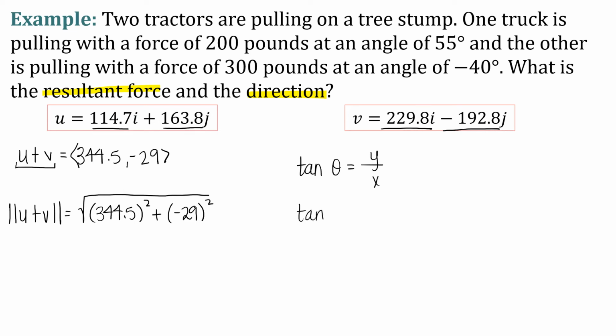So tangent theta equals our y, which is negative 29, divided by our x, which is 344.5. And using our inverse trig rules, I need to do tangent inverse of negative 29 all over 344.5. And I'm going to use this by typing this into my calculator. So negative 29 divided by 344.5, and that's going to give me a negative 4.8